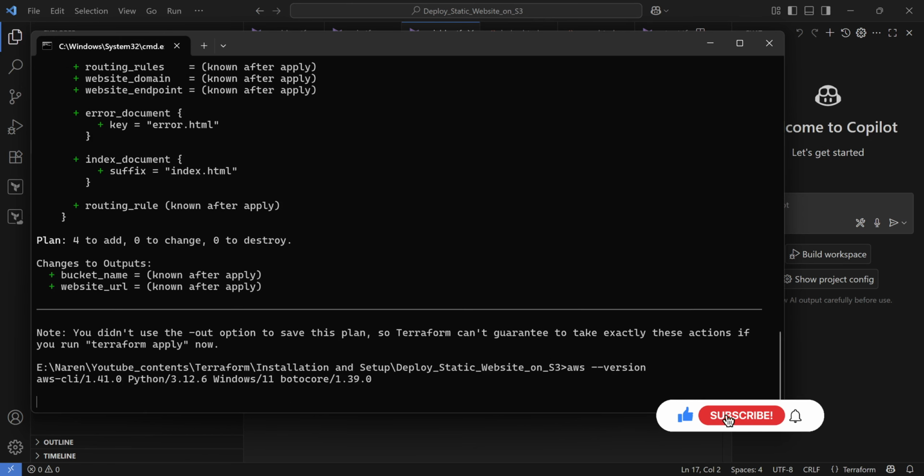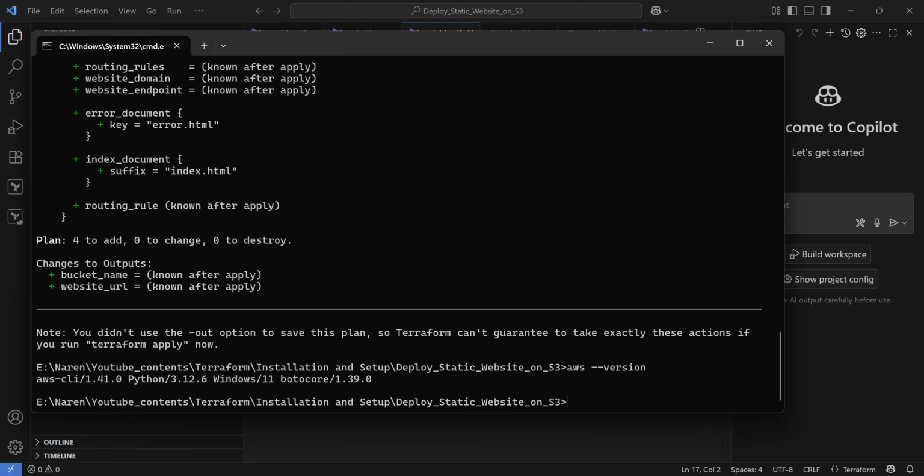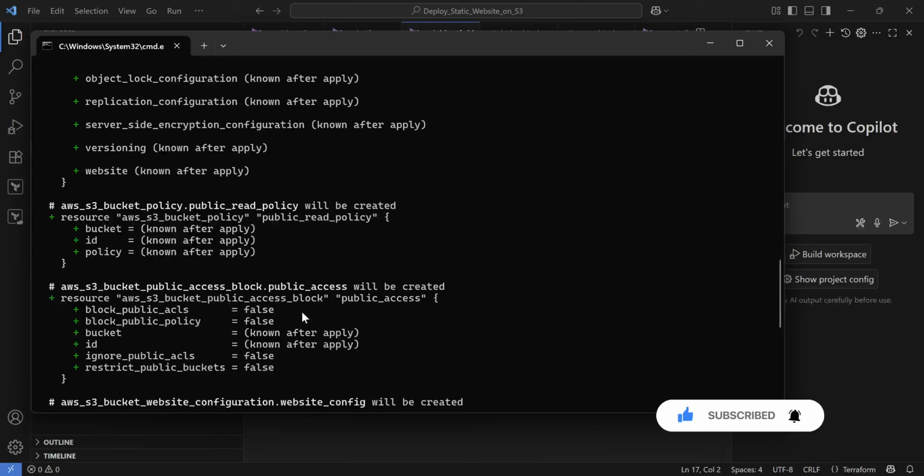I already downloaded the AWS CLI, I am using AWS CLI version 1.41, and you have to configure your secret key and client ID in the AWS configuration. I have already configured it. So let's go back to our terraform plan.